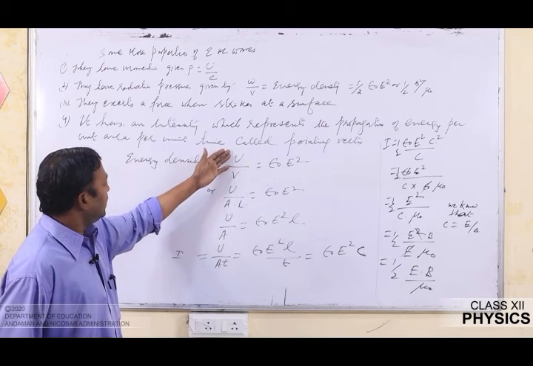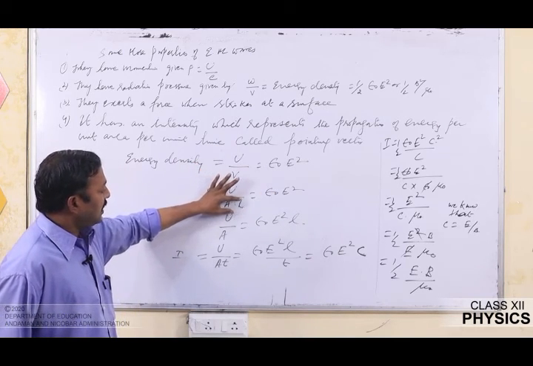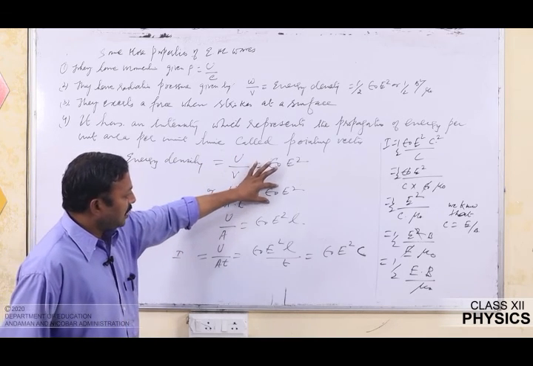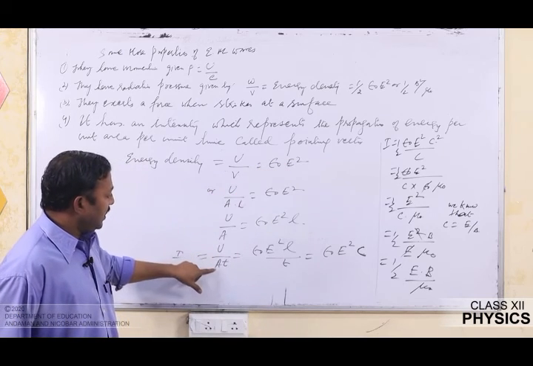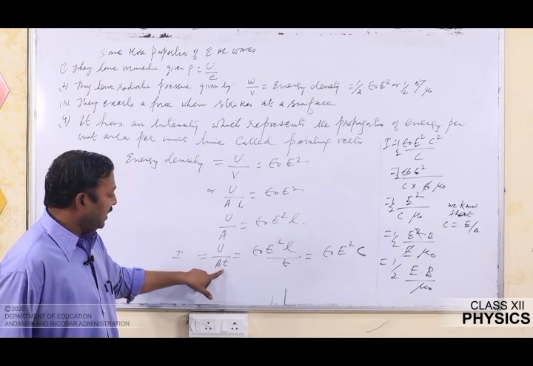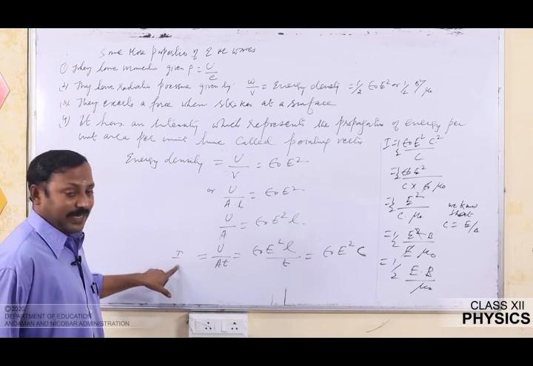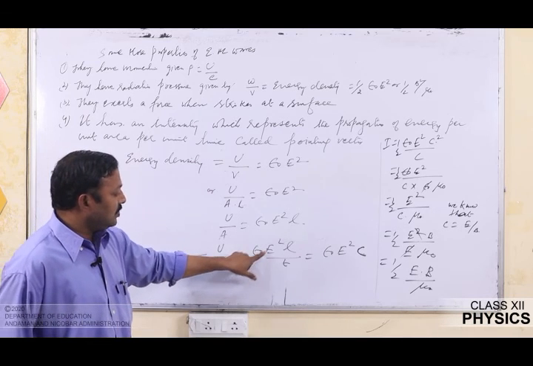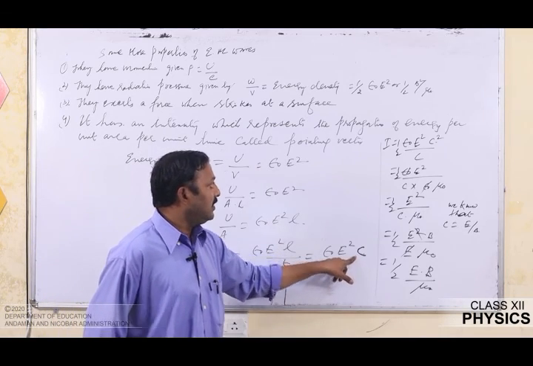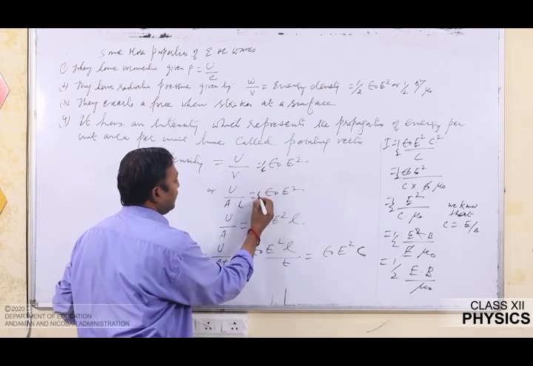Here we have energy density U divided by V is equal to epsilon 0 E square, or this volume can be written as A multiplied by L, area multiplied by L, or U divided by A is equal to L multiplied by epsilon 0 E square. Multiplying both sides by T, U divided by A multiplied by T, this factor, that is energy per unit area per unit time, is said to be intensity, which is equal to epsilon 0 E square L divided by T, and L by T we know is a speed. This can be written as c, or here we have the half factor,